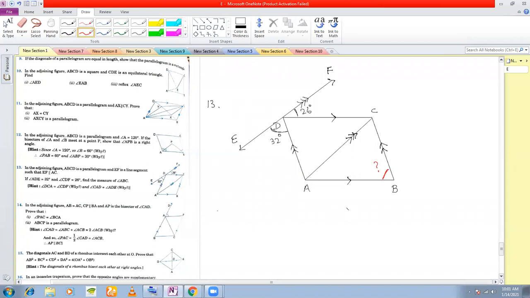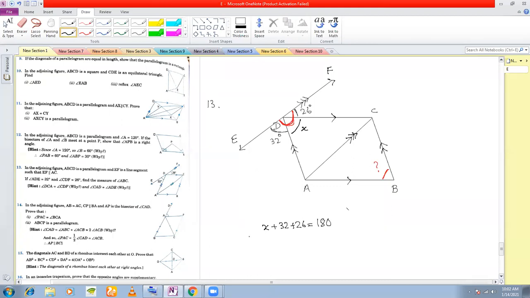Now this is a two-line problem actually. How a two-line problem? Because if you see this entire angle here, the sum of this entire angle is 180 degree. Why this 180 degree? Because sum of the angles on the same straight line is 180 degree, right? Angles on a straight line are supplementary. You know that also. That means sum of this entire angle will be 180 degree. If I call this angle as x, that means x plus 32 plus 26 will be equal to 180.